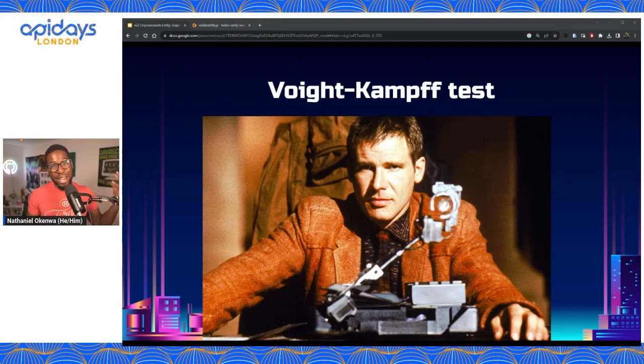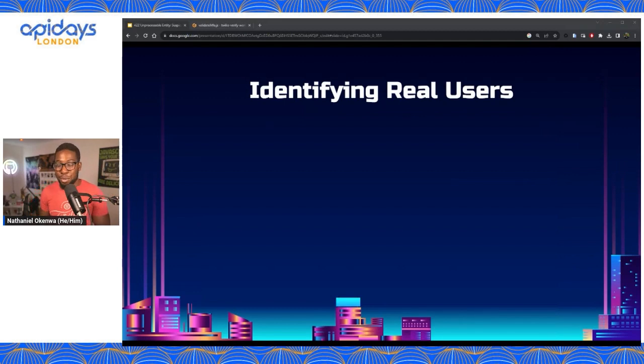Again, way back in 1982, they foresaw this problem. And today, in the modern world of the web platforms that we're building, that you're building, maybe the web platform that you're using to serve your API. So when people log in, they can go in and change their settings and do all sorts of things. Maybe you have a web platform for end users. You want to identify those real users and determine which ones are real people that you want to be using your service and which people you want to keep out. Maybe those are bots or maybe computer programs that you don't want.